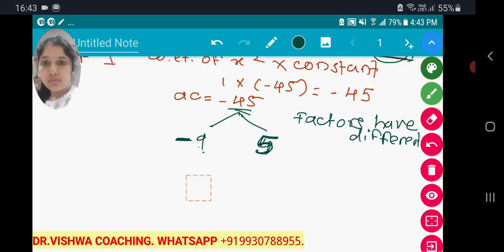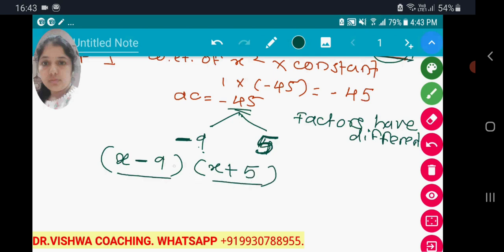Now how to write the factors? Take the variable as x, and it becomes x minus 9 and x plus 5, and both are in multiplication with each other, because our formula is ax square plus bx